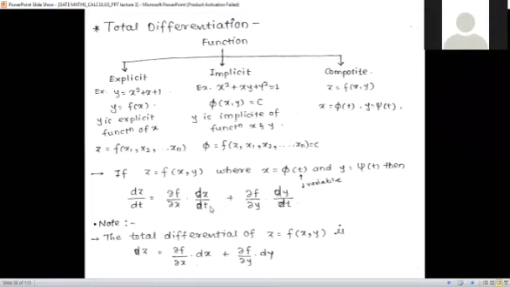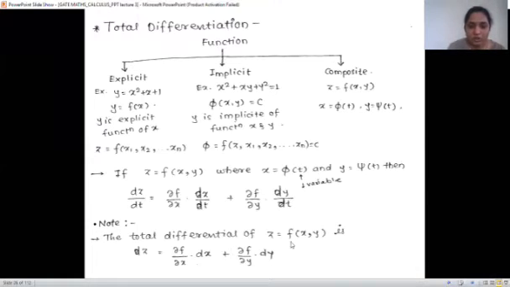X is a function of a single variable. Yes, x and y are functions of t only. X is a function of t, y is a function of t. Both are functions of the single variable t. So if it is a function of a single variable, there is a total derivative, not a partial derivative. Remember that. So we need not write dou for that. So it is dou f by dou x, and x is a function of t, so dx by dt, plus f is also a function of y, so dou f by dou y into dy by dt. That is also called the chain rule.